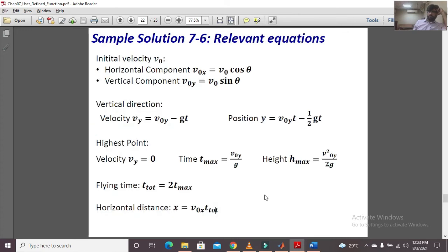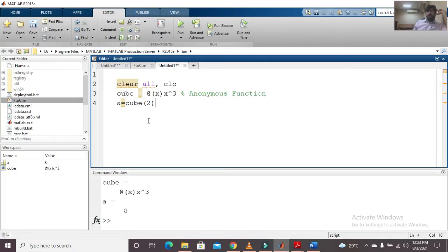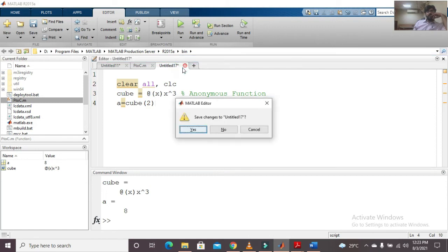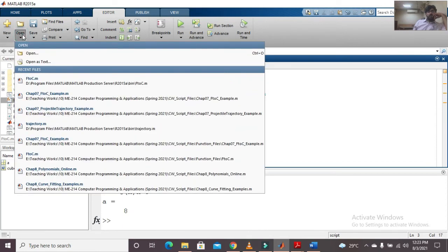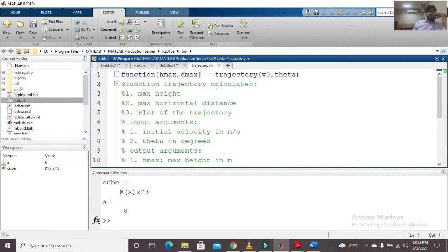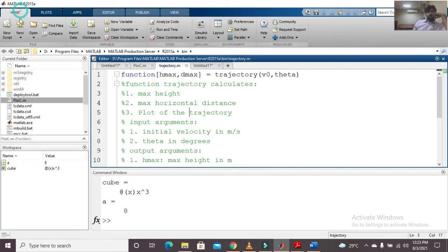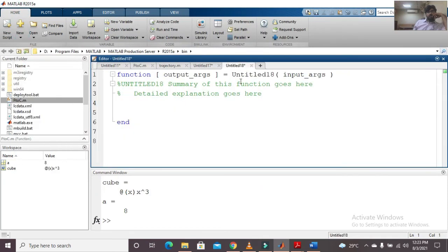So this is what we are going to solve now. We will first have to define a function. Again, I have already made a function file, but I will tell you how to make it. I will not save it, but I will tell you how to make this file. I'm just opening my trajectory function, a new user defined function.